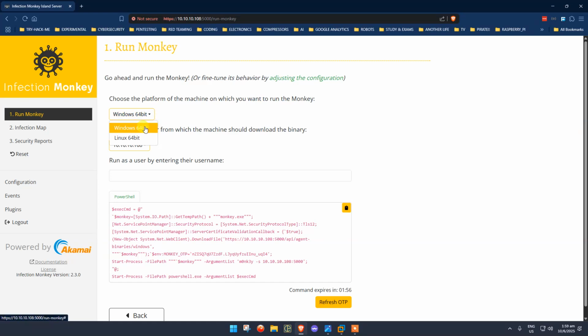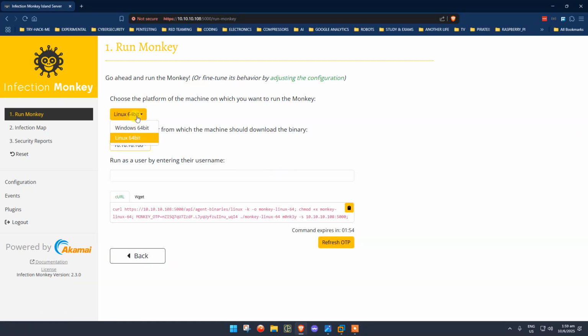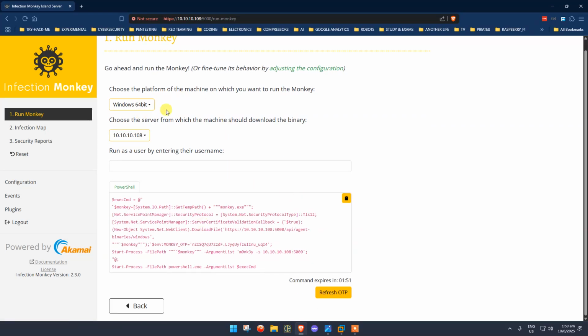And over in manual, you can see that we have two options: Windows 64-bit and Linux 64-bit. If you choose Windows, it automatically points to the server that we are on right now. You can see that it generates a whole bunch of PowerShell that you can just copy and paste into any Windows machine, or probably save as a PS1 script that you can actually run